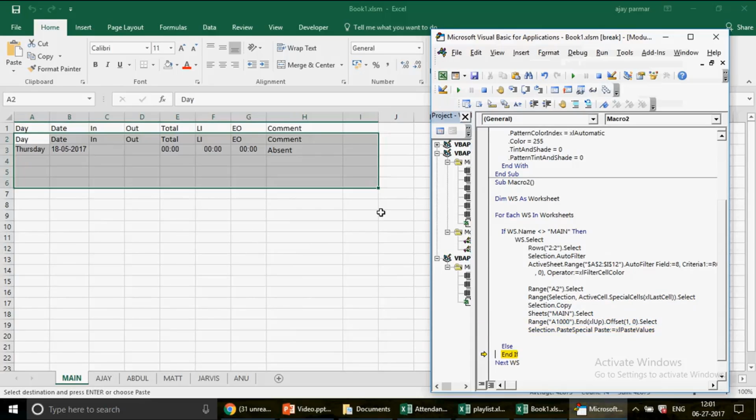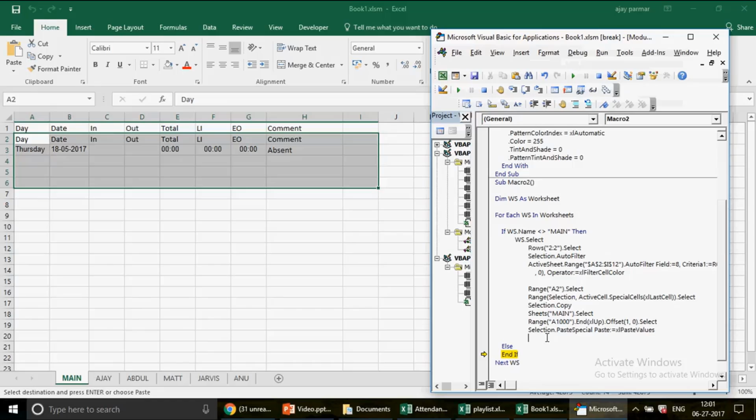Perfect. Now when the value is pasted, maybe you can do one thing. You can actually go ahead and create the name of that person here as well. I think that would also be a good thing. And one more thing, the header is also selected here. We don't need the header again and again, right? You can keep the data here, maybe later you can remove it, but I think what you can do is